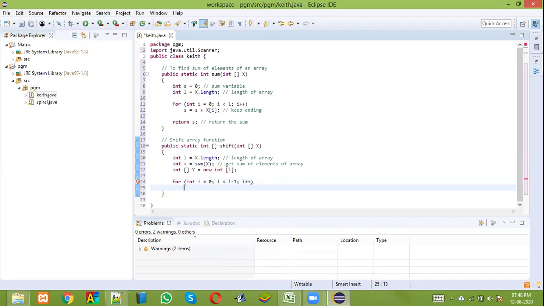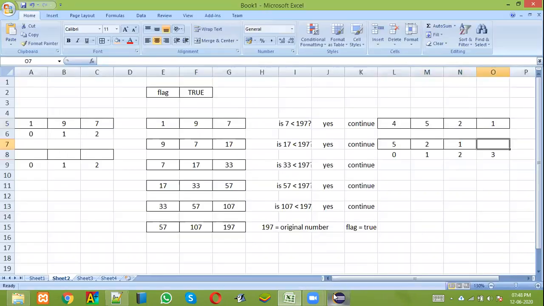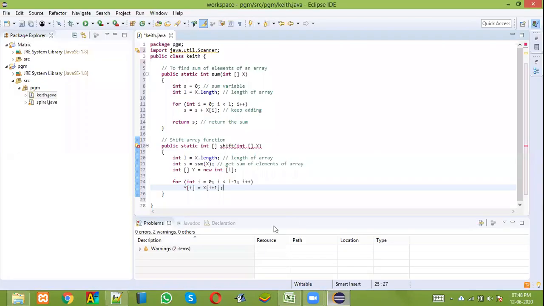Now what I am going to do is y of i, the new array, is going to be equal to x of i plus 1. Try to understand this. y of 0 is going to be equal to x of 1, that is, copy this value here. y of 1 is going to be equal to x of 2. Copy this value here. That's it. This is the logic involved: y of i equals x of i plus 1.